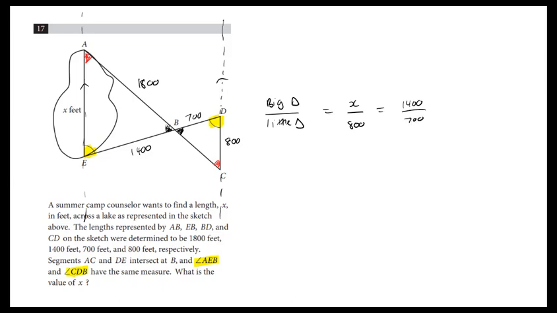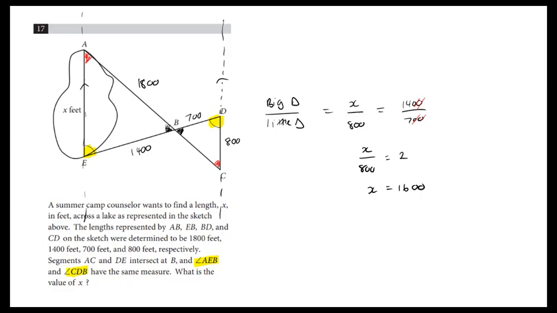Okay, these sort of cancel down a little bit, and 14 divided by 7 is 2, so you have x over 800 equals 2, times it by 800 both sides, x equals 1600,